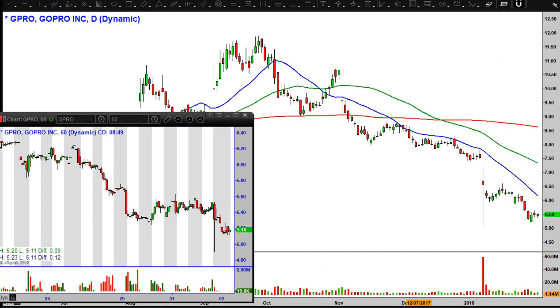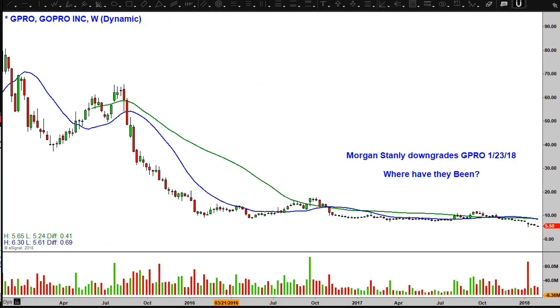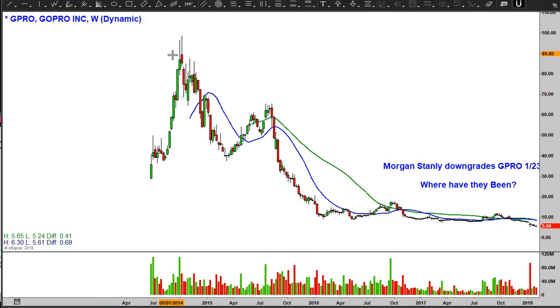Last stock I want to look at is GPro. It reported its earnings, and I've said that about a week or two ago, that this was in a death trend, maybe a month ago, and it just continues to be, and it looks really bad. And you have to be careful in the markets. You have to have a plan and rules, because what was a recent, very popular stock doing great, as this was back here, to get caught up in it and think that everything's okay,